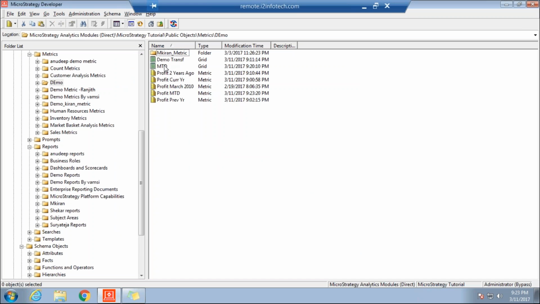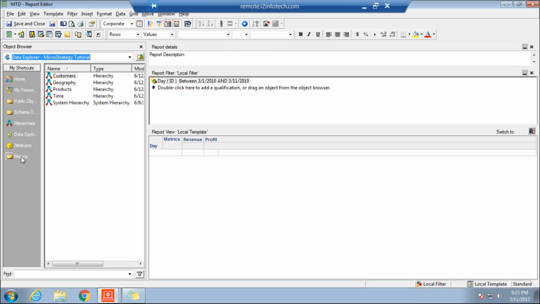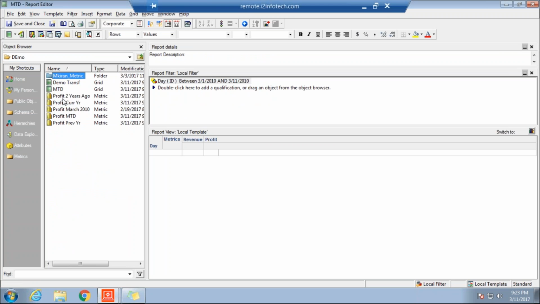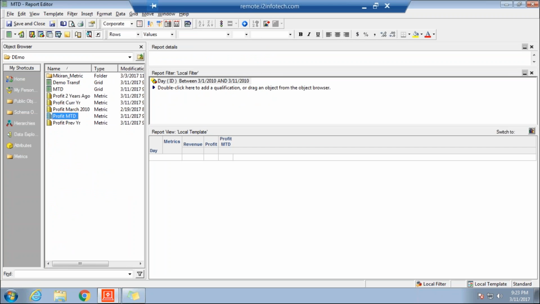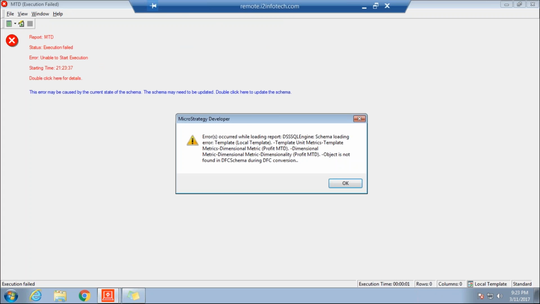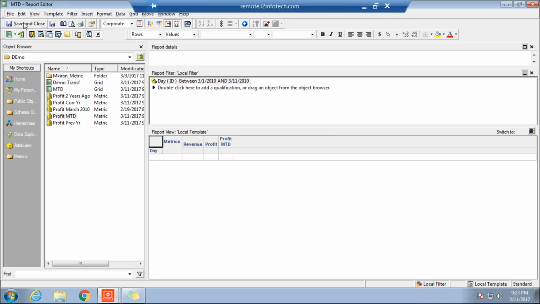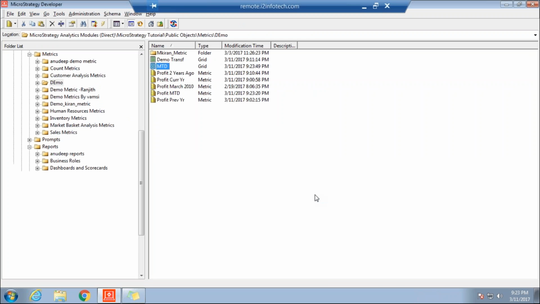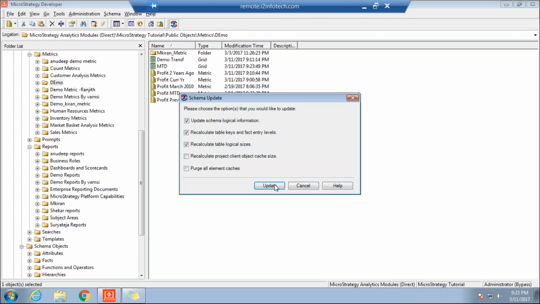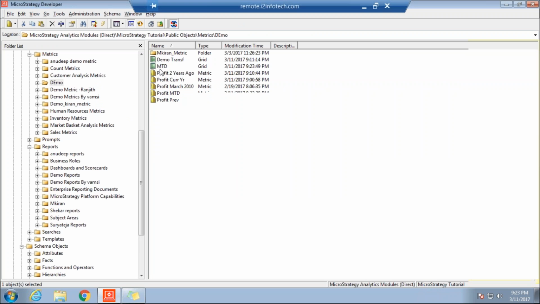So for an example, I'm just coming to this one, so just open this MTD report and go to metrics, demo metrics, and then profit MTD, so just try to place it, run your report. So again we forgot to update schema, so always we need to remember that. Once you create any schema object, you need to update your schema. I just save this report,